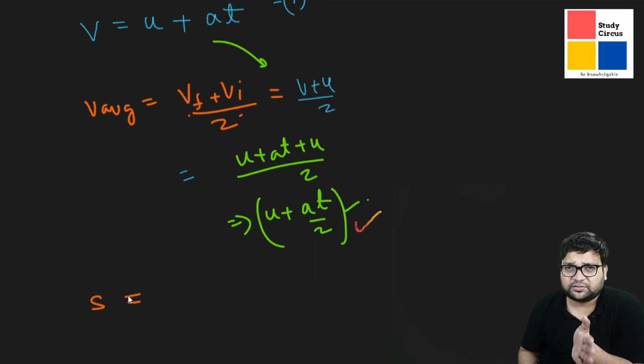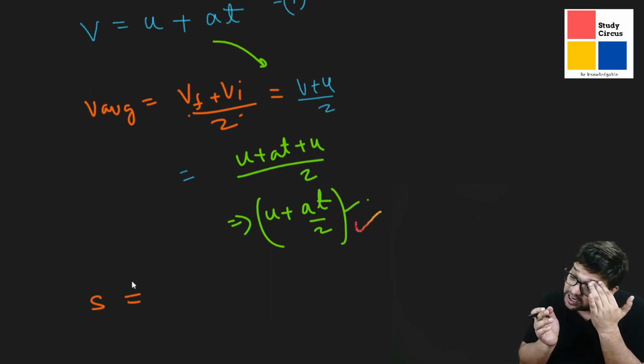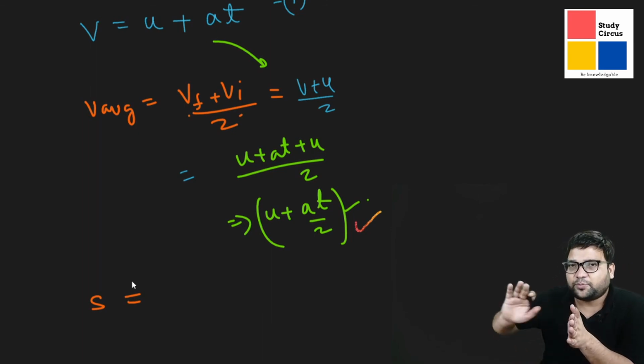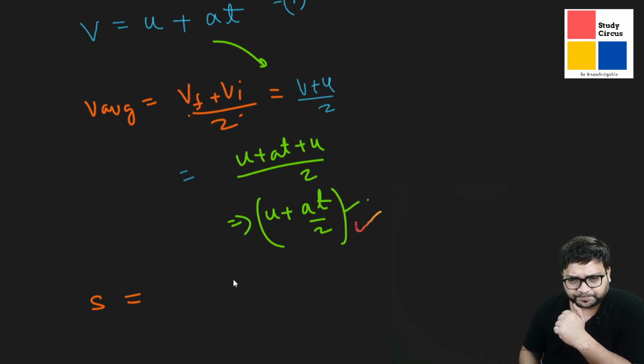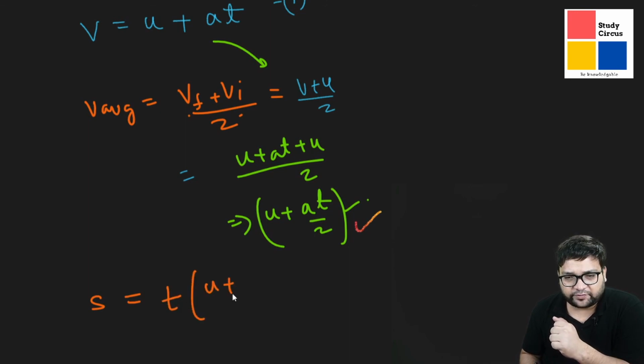Displacement is the same as distance here, for understanding, we are taking it to be traveling in the positive direction only. So simply the average speed for the whole journey into the time interval,